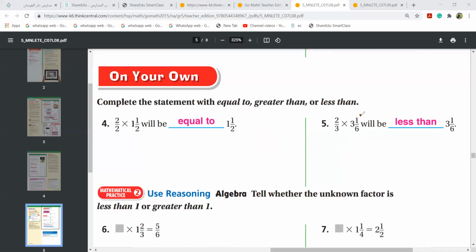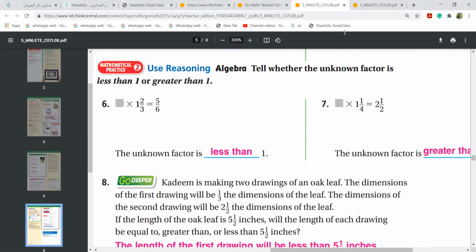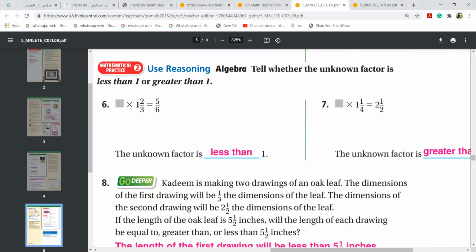2/3 of something. And that something is here, something is here. These two are same. These two are equal. But when you take out 2/3 from this, so you're taking something amount and that is nothing but less than 3 1 over 6. Algebra, leave it, girls. Please leave algebra. Don't do it.